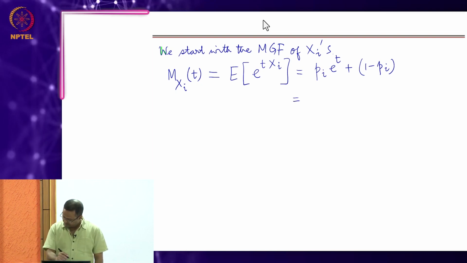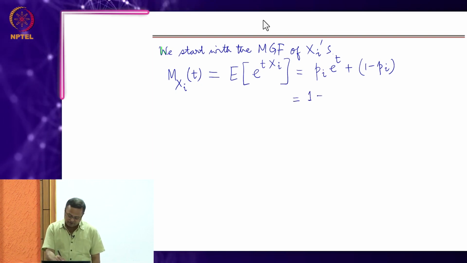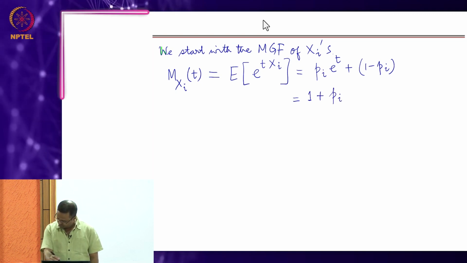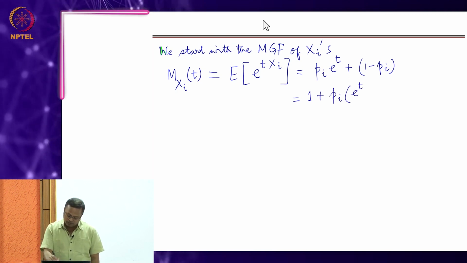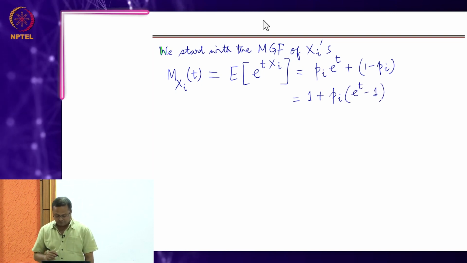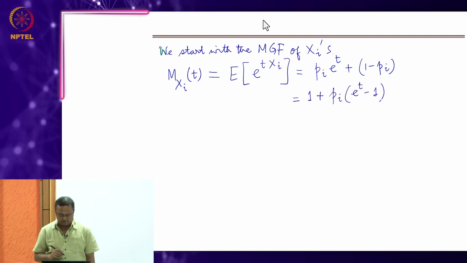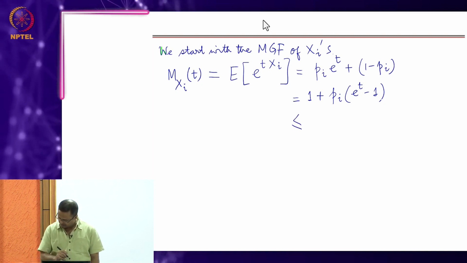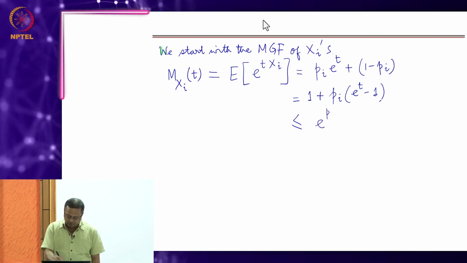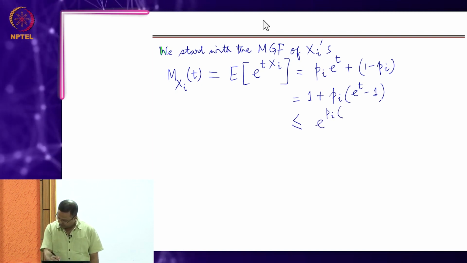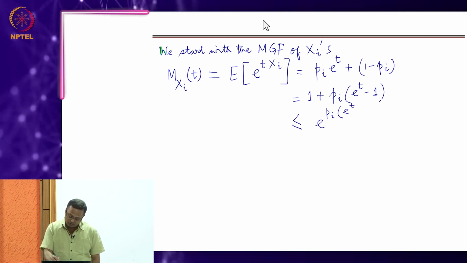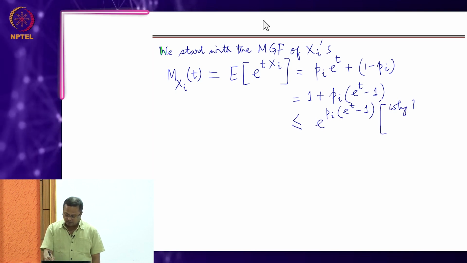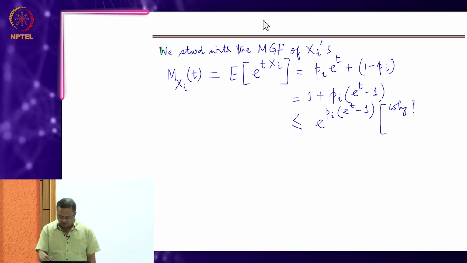Now, do a little bit of algebra, simplification. So, get 1 out: 1 plus pi into e to the power of t minus 1. This I can write as e to the power of pi into e to the power of t minus 1. Why? Because